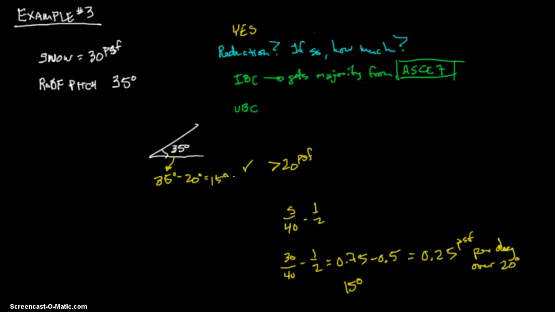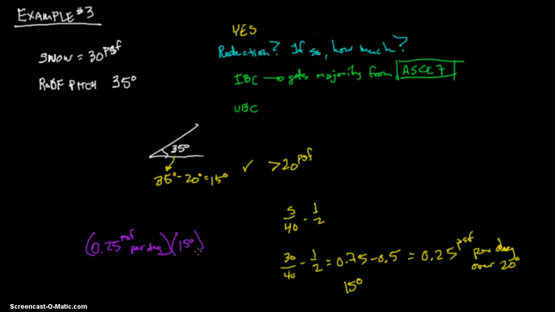I don't want to skip any steps, so that's where I got that. Now let's go ahead and make that final. So we can say 0.25 PSF per degree. I'm just going to write this per degree to simplify it, but it's actually per degree over 20 degrees. Or you can just say per degree, since we already subtracted out and figured out what we're multiplying it